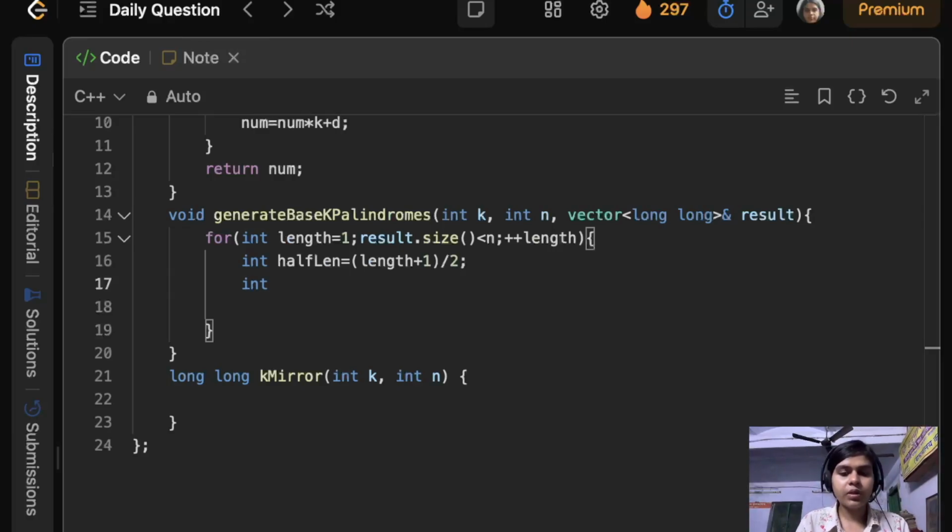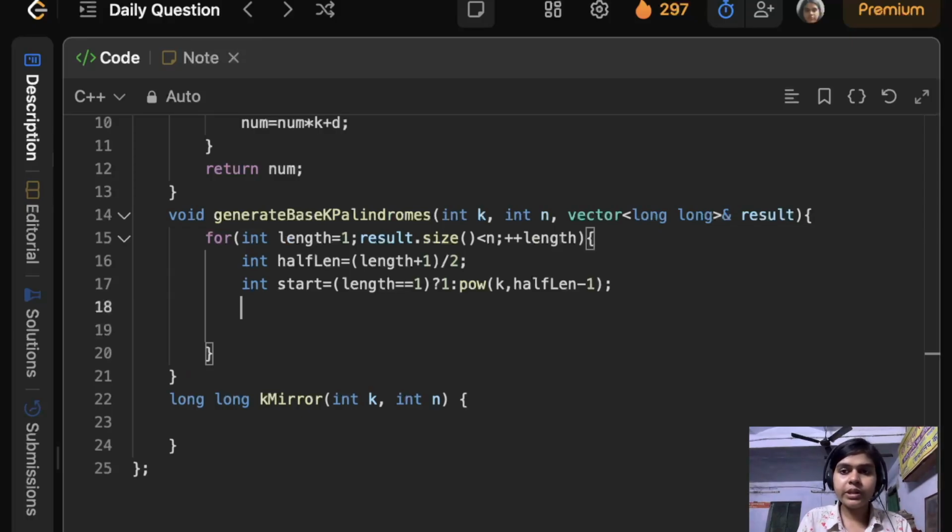And to calculate the start, in start equals, if length is equal to 1, then we will be just printing the output as 1. And if not, then we will be taking the start point for the first half, like pow k comma half length minus 1. And what will be the end? So end will be power of k comma half length, because here we don't need the concept of length equals 1. It will be already covered in the start part, right? So for that, int end equals power k comma half length,